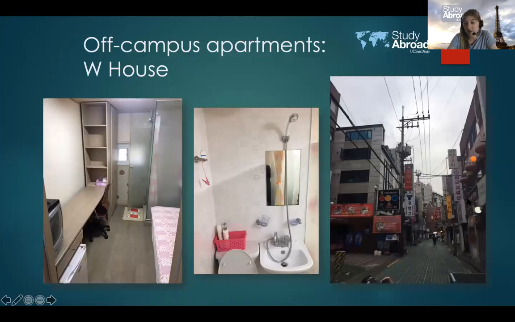This is just a very short walk. It's about a 5-minute walk from the downtown campus. Very, very tight quarters. So this is a little bit cheaper than living in the dorms on campus. Most students opt to live in the dorms just for the social aspect of being with all the other students in the dorms. But in case you wanted to live off campus, that is an option.